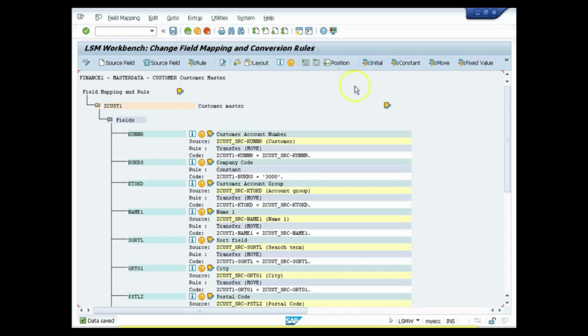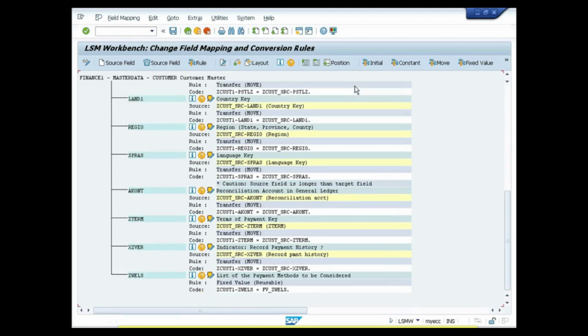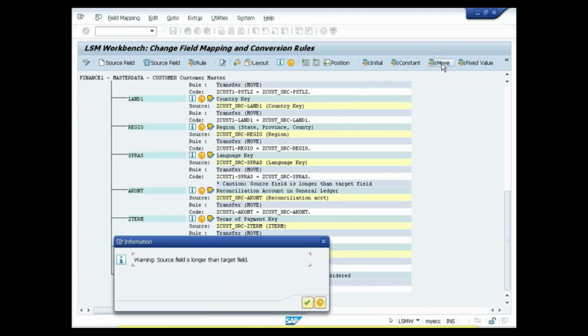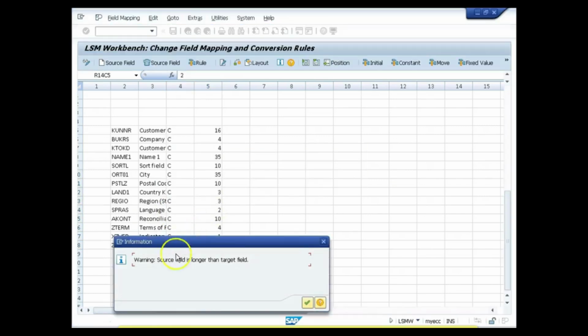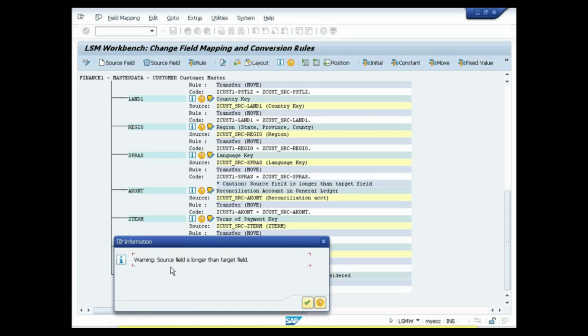And there is another field, move here. For language, I will use this one, move. Source field is longer than target field. So what is the field length that we have assigned? Let me see. In the Excel sheet for language we have assigned 2. This information message is coming